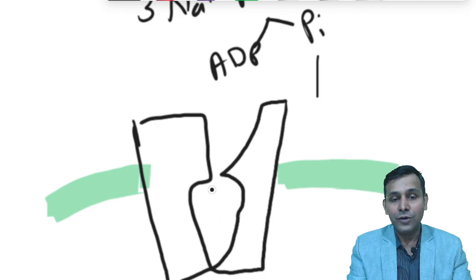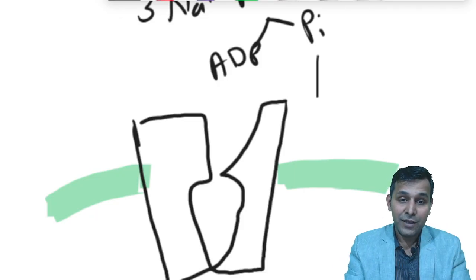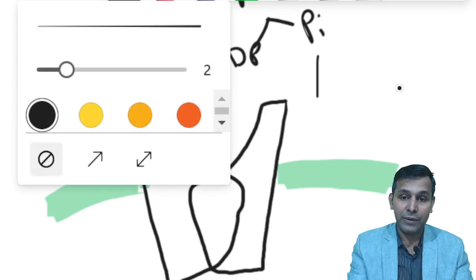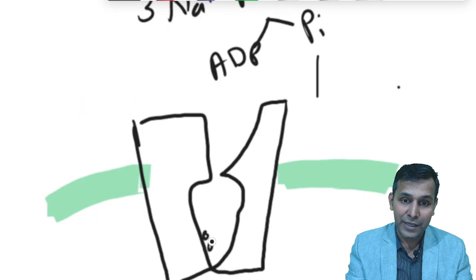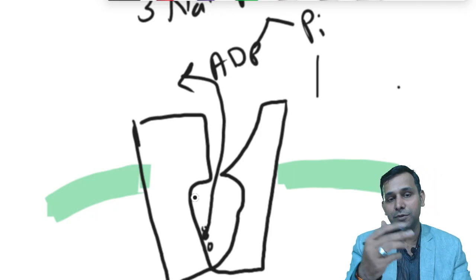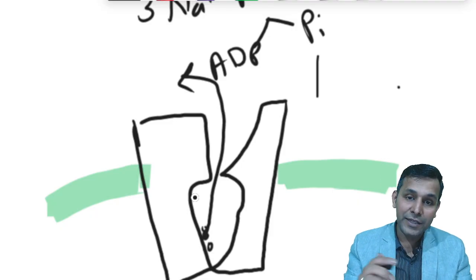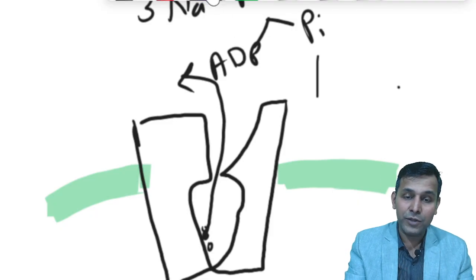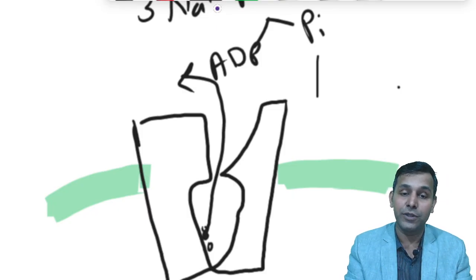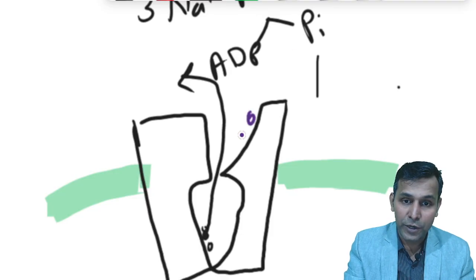So what happens now? The sodium ions which have been bound over the inner surface are now exposed to the outer surface, and these sodium ions are released, or pumped out of the cell. They are being thrown out of the cell. At the same time, because the pump is in an excited state, it becomes prone to binding the potassium ion. So two potassium ions